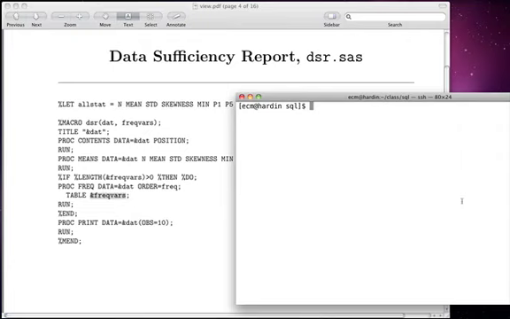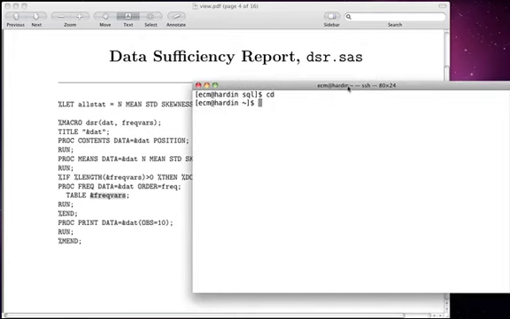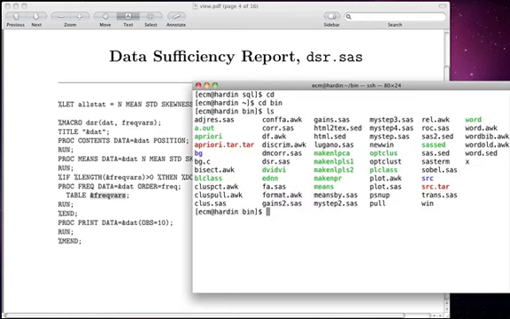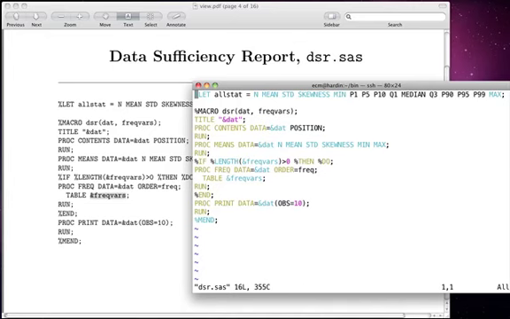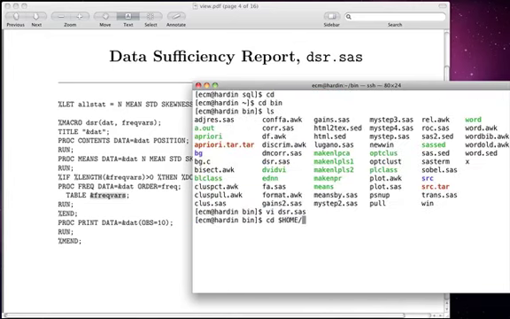Now I have a number of these. I put all of these in my home account. I have a special folder called bin. And bin has a whole lot of things that I use very often. Now one of these is this thing that I just showed you, DSR. And so this is exactly what I showed you. Now let's go over to